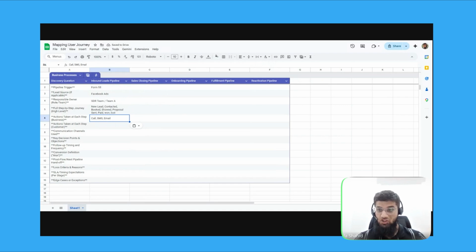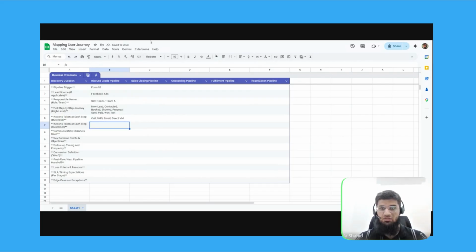That's what the usual actions are. You can even add direct mail in this. What else? Sending out a voicemail. Yeah, that might work. So I'm just going to add this over here. Direct voicemail. And if they have the social medias connected, you can maybe even send them out an Instagram, Facebook, LinkedIn message as well. But for now, I'm just going to keep this at these four ones because those are